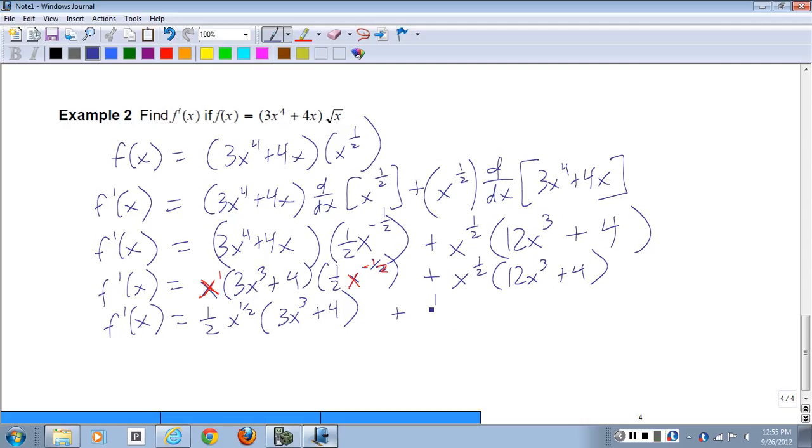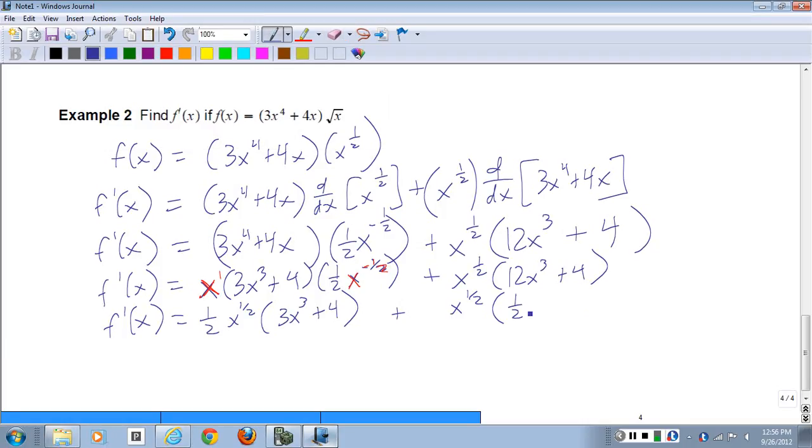Plus 1/2 x to the 1/2, 24x cubed plus 8. I'm okay with it. Multiply by 1/2 on the outside, and multiply by 2 on the inside. Can you multiply the whole thing by 1/2 and on the big one, 12x to 12x? Only on that side of the equation. Yeah. See, basically it's this 1/2